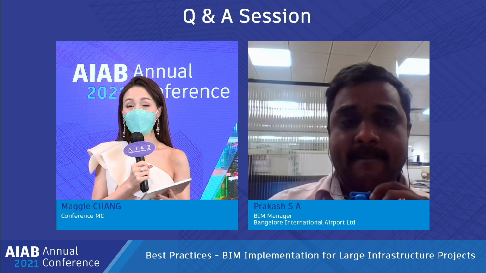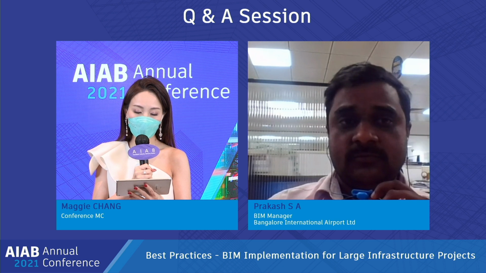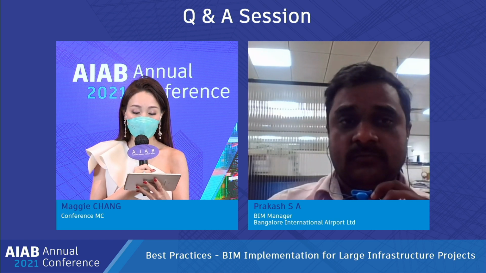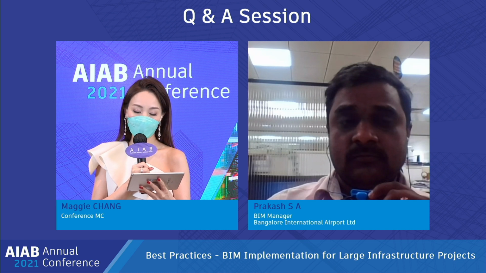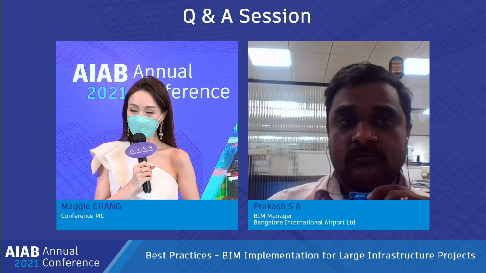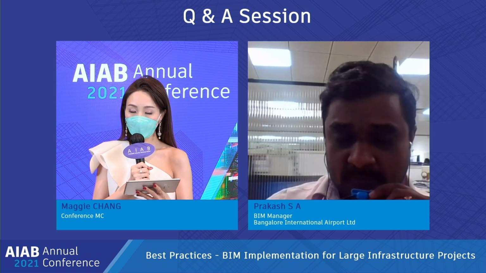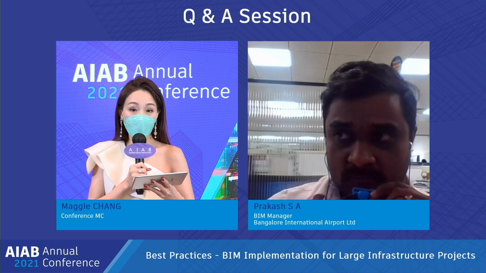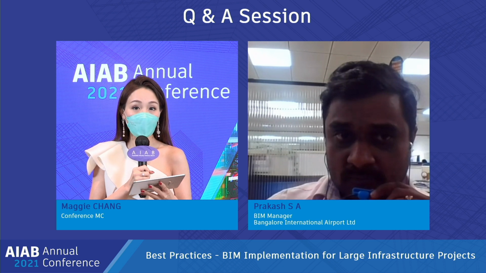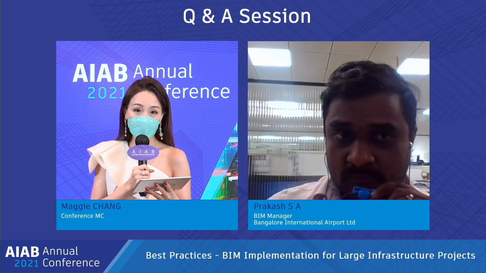All right, finally we've got the last question for you. Jake would like to know, regarding the 3D asset families, such as the chiller unit or the AHU unit, which party was tasked to create their detailed 3D model? Sorry, come again, sir. He asked regarding the 3D asset families, such as the chiller unit or the AHU unit, which party was tasked to create their detailed 3D model?